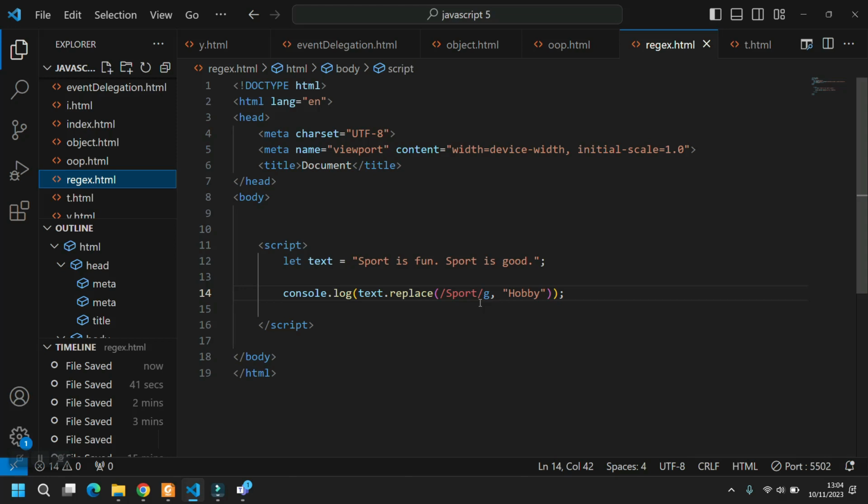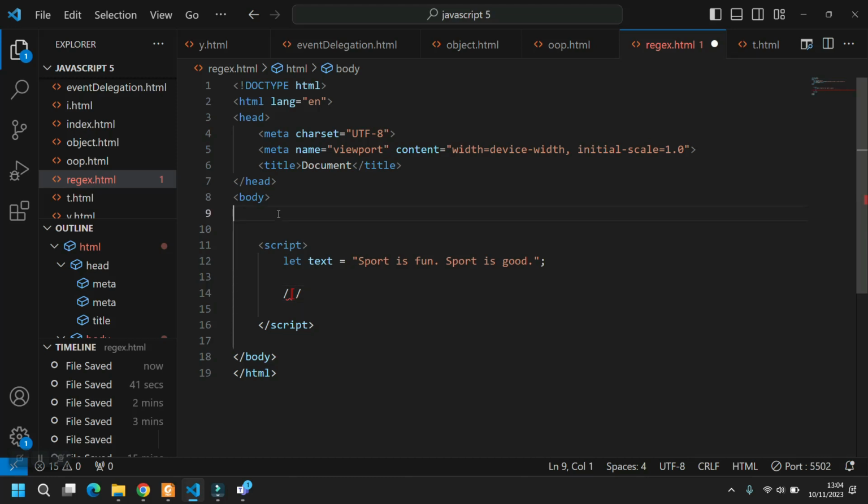Email validation. Let's first give it an example. We're going to create this email validation now. First, what is an email composed of? Let's write an email here. The email is